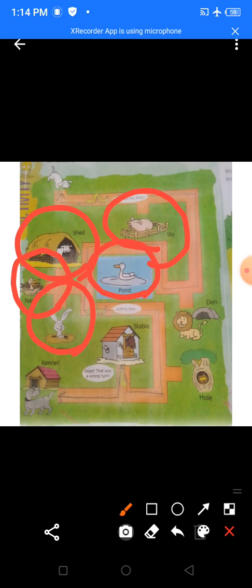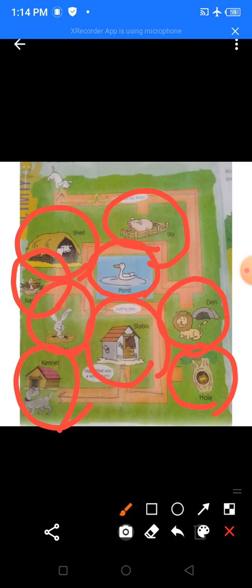Duck lives in a pond. And then we met Mr. Lion. And lion lives in a den. Then there's an owl. Owl lives in the hole of the tree, in the bark of the tree. Yes. Then there's Mr. Horse. Horse lives in a stable. Yes. And then there's a kennel. And who lives in the kennel? Dog lives in the kennel.